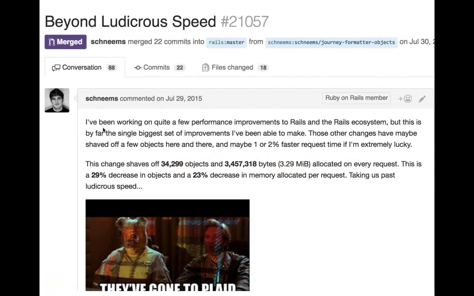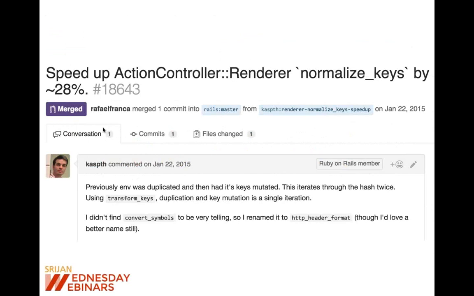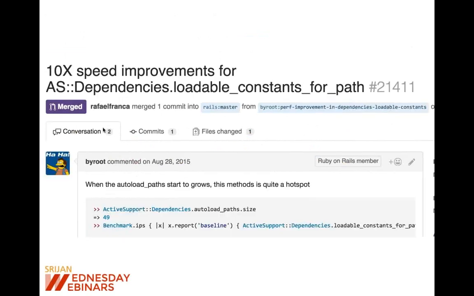This one is related to improving performance of request objects. For every request, you will have a big decrease in objects and a big decrease in memory now. Then this one is related to rendering of content, so that is also sped up by almost 28% now.